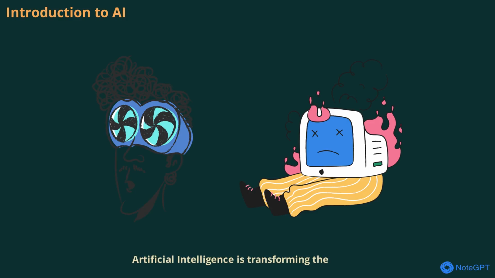Artificial intelligence is transforming the way computers interact with the world. At its core, AI enables machines to learn from data and make decisions, often without explicit programming. Two major fields within AI are machine learning and deep learning. Understanding the differences between these fields is crucial for anyone interested in technology, data science, or the future of automation.